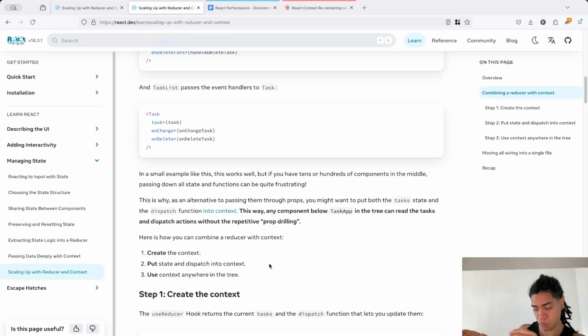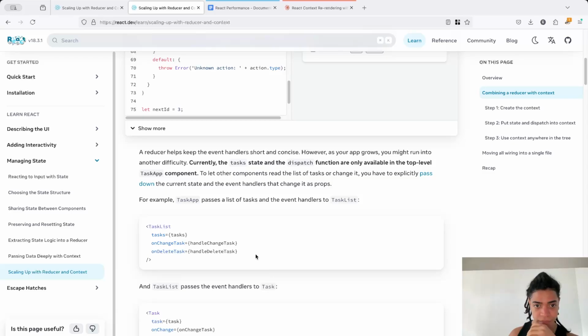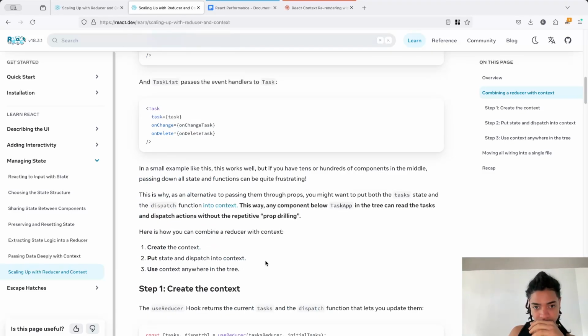Exactly, because with a reducer you make your event handlers short and concise. But if you want to share that state in other components, you will have to pass down the state and event handlers onto the component. So if you have hundreds of thousands of components,